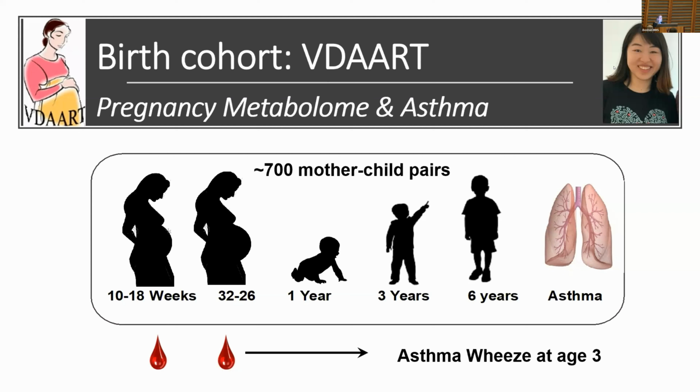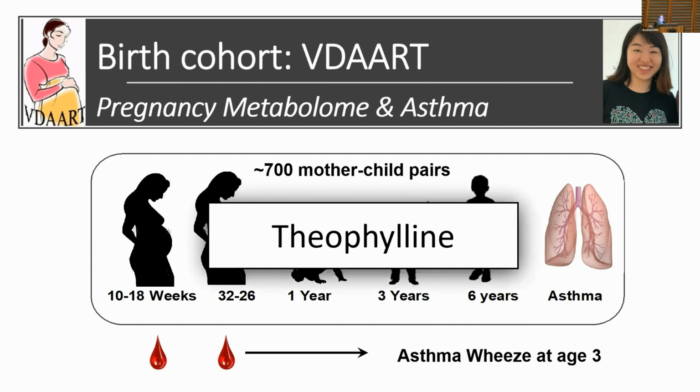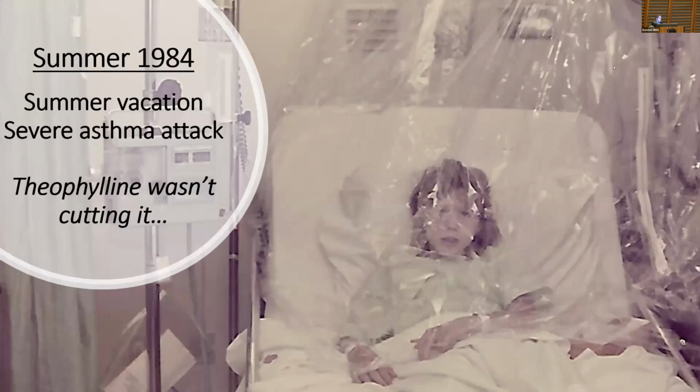And just to highlight this, I'm not going to go through any of the actual publication, but in this particular study we did with one of our birth cohorts, looking at 2 separate time points in pregnancy, one of the things we found that was quite compelling to us was that, when looking at asthma as an outcome, we identified theophylline as a metabolite associated quite robustly with it. And subsequently, I'll say we have seen this over and over and over again in all of our cohorts with various study designs. But the reason it hit me was